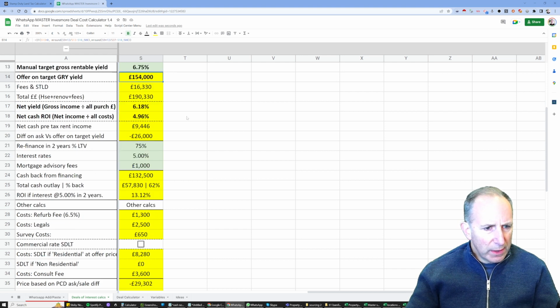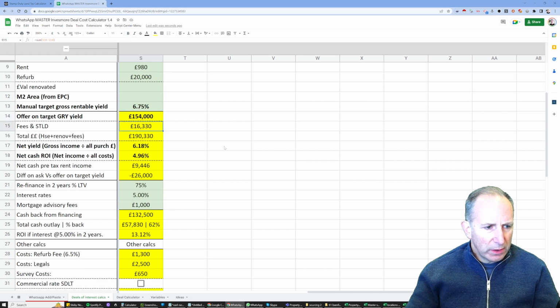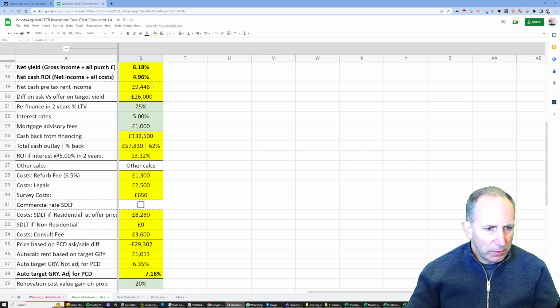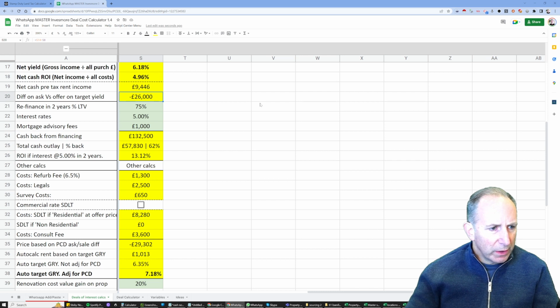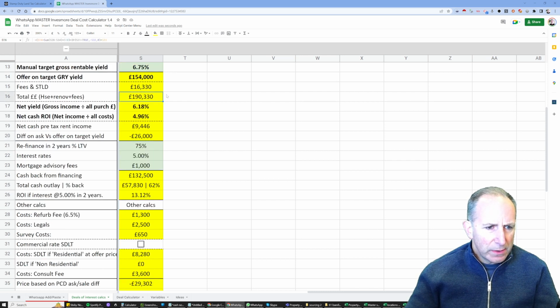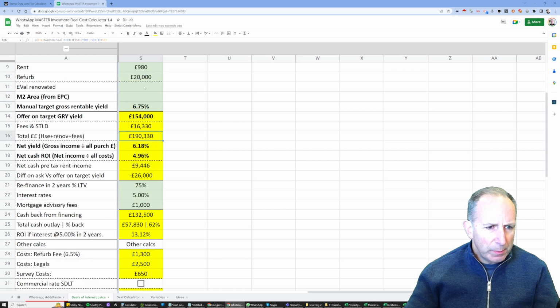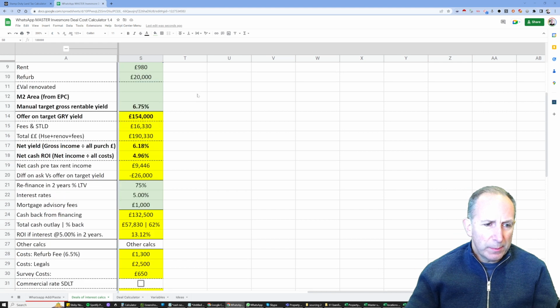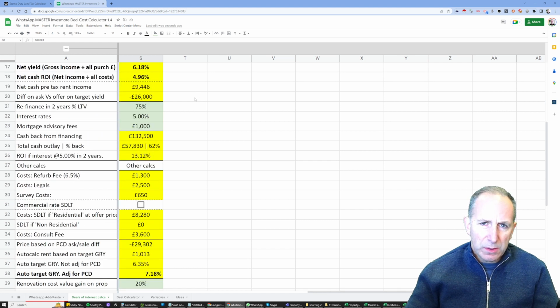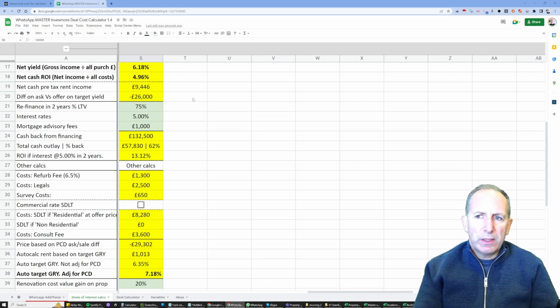So the next thing is stamp duty and fees. So we've got this far and we know that we're 26 grand apart. Okay, fine. But they're just being hopeful. And what I find constantly is that people try a cheeky number and they see what happens. And if nothing happens, they start sweating. And the problem is that if they start reducing the price, then they're kind of putting themselves in a vulnerable